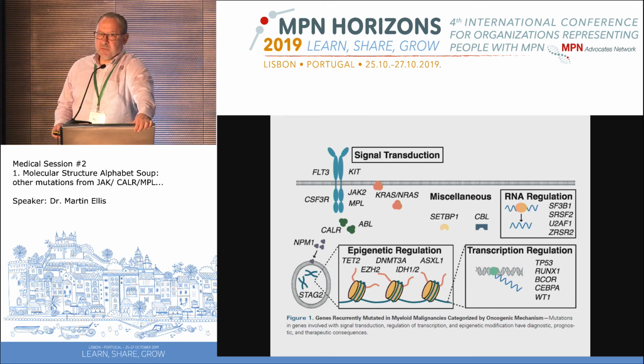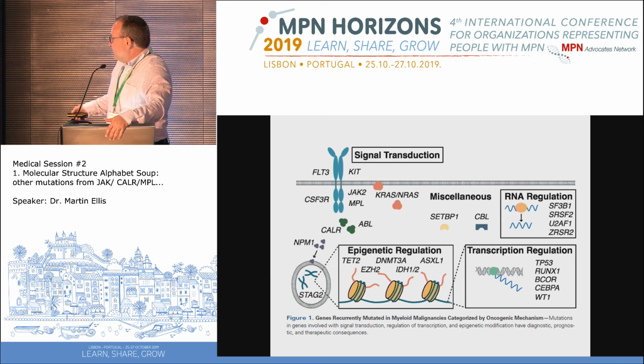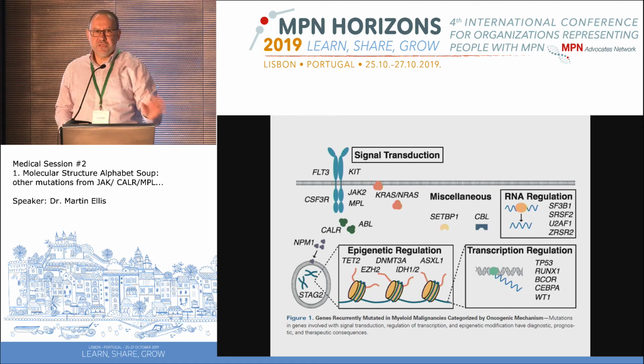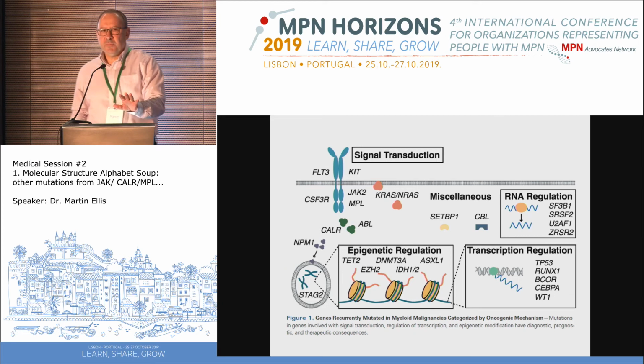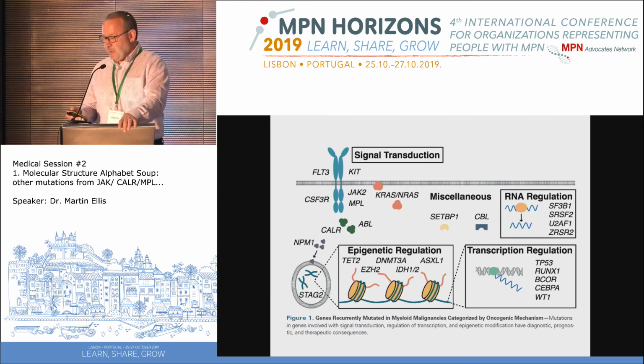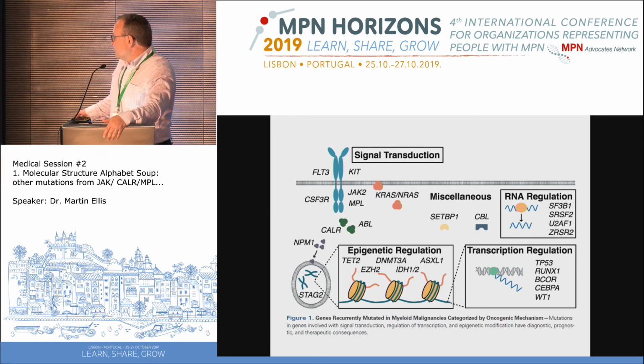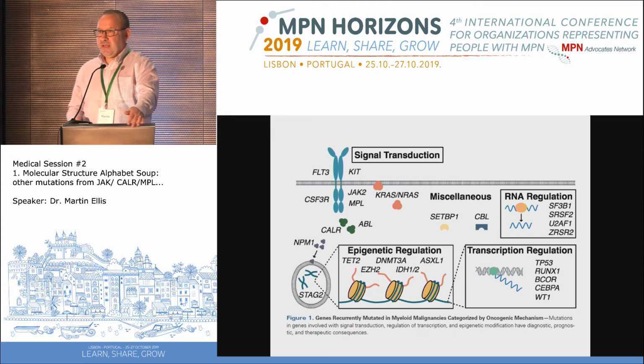Once the protein has been synthesized, if further changes occur to the protein structure, as would happen in abnormalities of these genes over here, then those proteins can still malfunction. Even though the genes creating a certain protein may have been normal, once the protein has been created, yet another series of abnormalities can occur in those proteins. And these are called epigenetic abnormalities. And you'll recognize perhaps some of these abbreviations, one or two which I mentioned earlier, particularly the ASXL1, which confers a very adverse prognosis in diseases such as